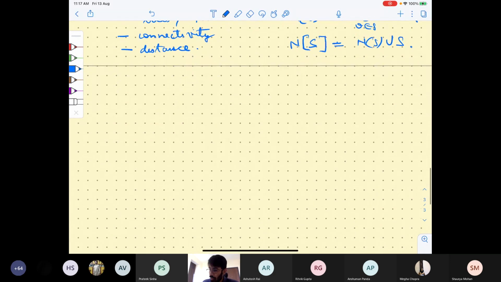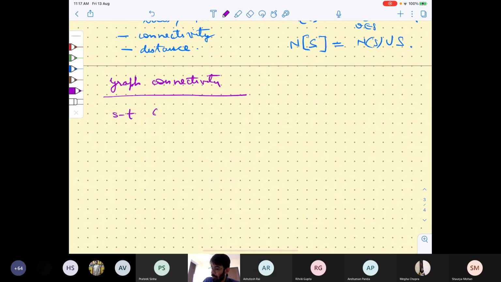Okay, good. So now graph connectivity. Let's look at some graph connectivity problems, or one basic problem, in fact. It's called ST connectivity. Okay, so what is the ST connectivity problem? Input is,